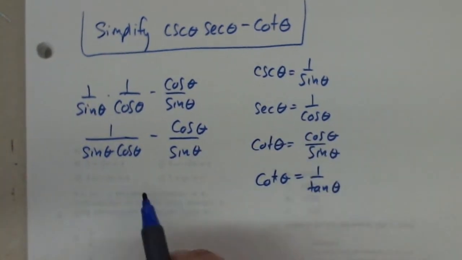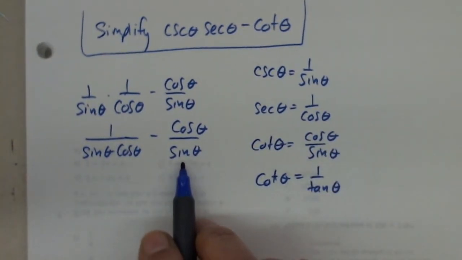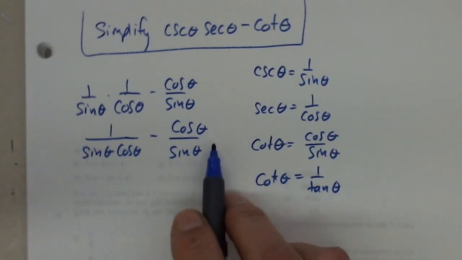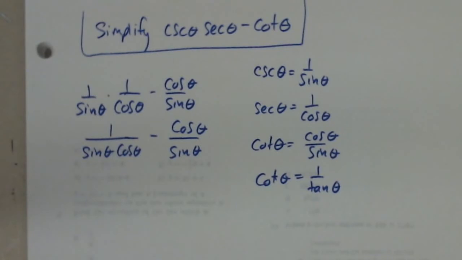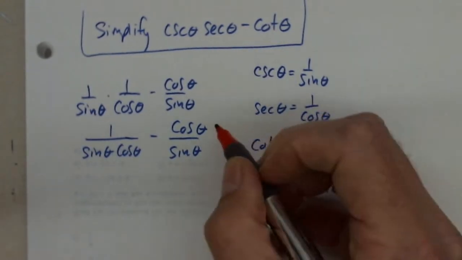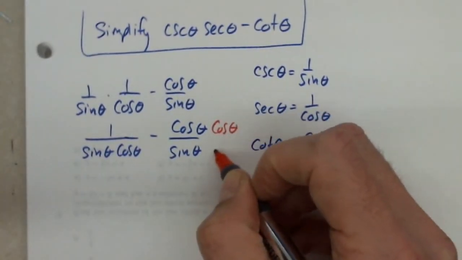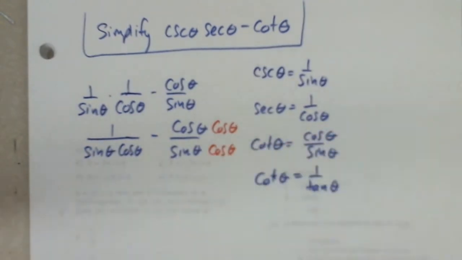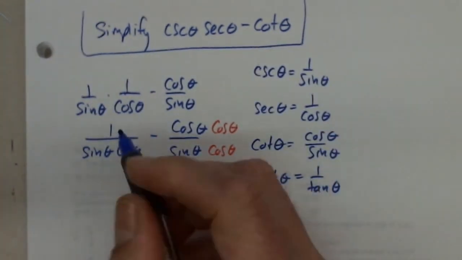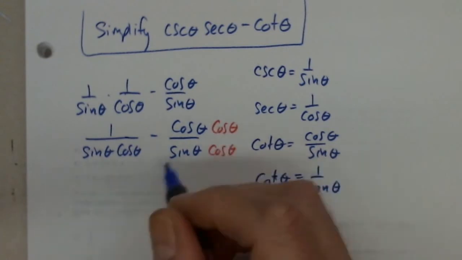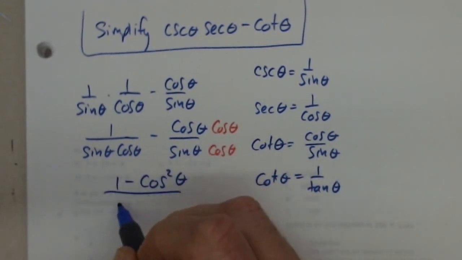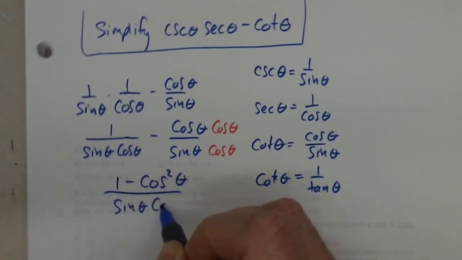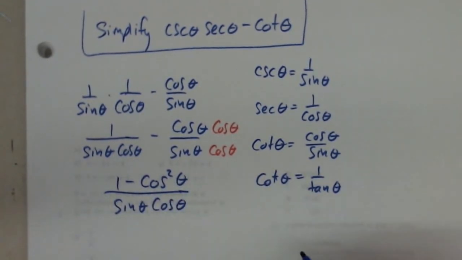And we can get a common denominator. So let's multiply by cosine over cosine. So now we have 1 minus cosine squared